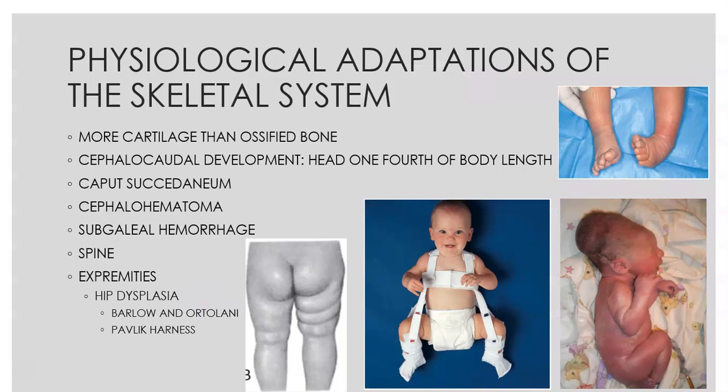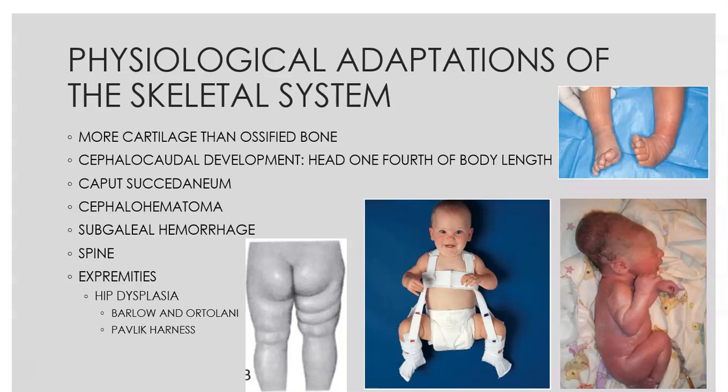So the skeletal system. Babies' bones are more cartilage than ours, and they progressively ossify as they get older. So that's why you have the bones of the head that are separated that come together, and things like that. Some of the things that they can have related to the skeletal system, they can get fractures. So when you have very large babies, those macrosomic babies, clavicle fractures are not uncommon as they're trying to pass